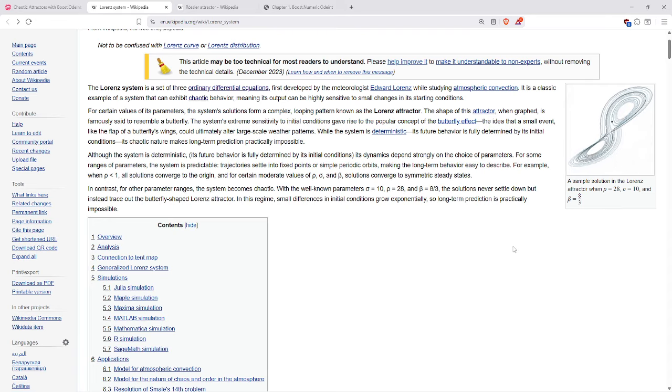And that's the so-called sensitivity to initial conditions that a chaotic system demonstrates,